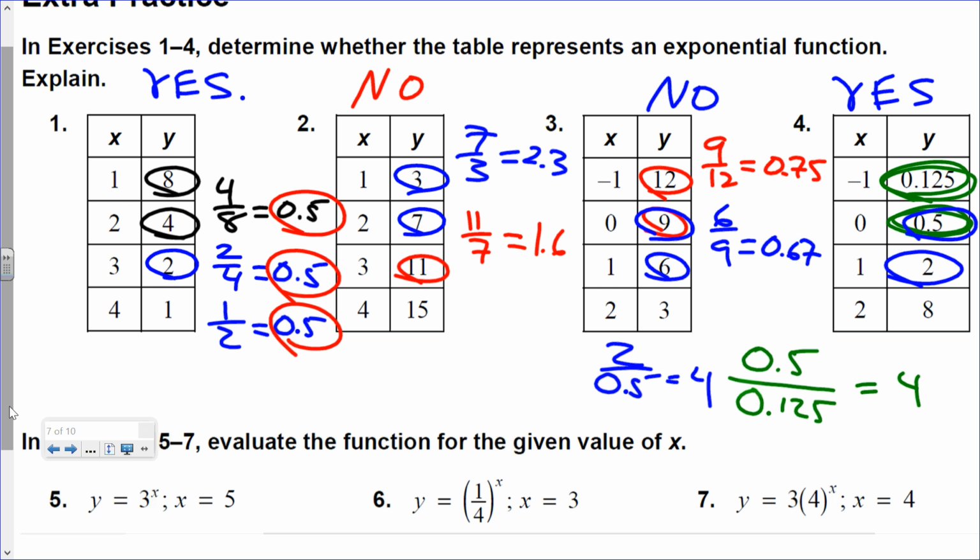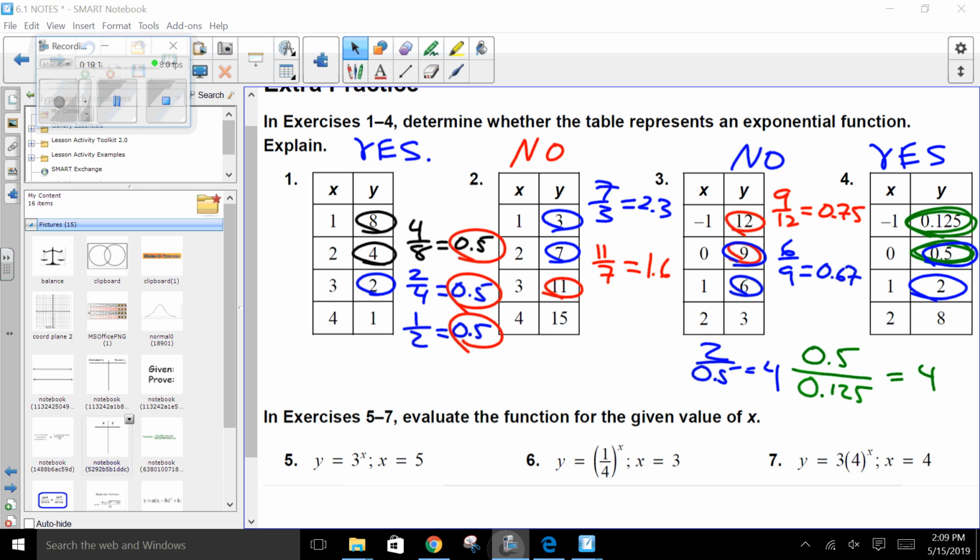So on assignment 44, which you'll see on Big Ideas tomorrow, you'll get questions like this. They'll ask you, is this an exponential function, yes or no? Now you know how to do it. Go ahead and take